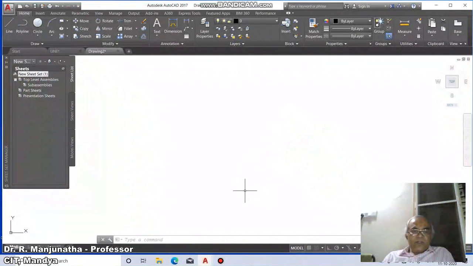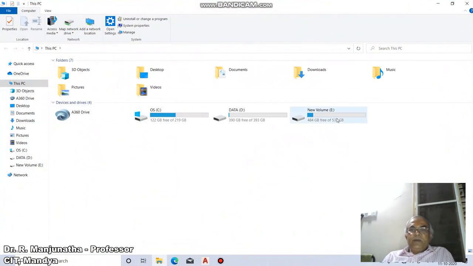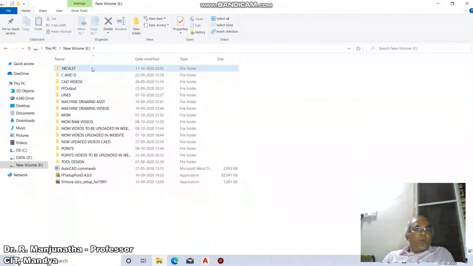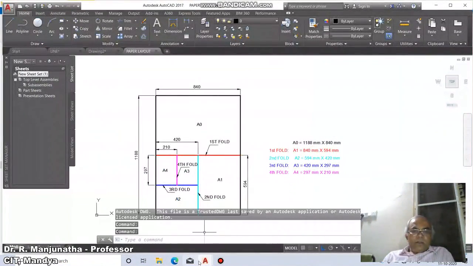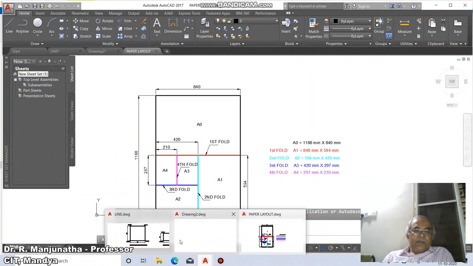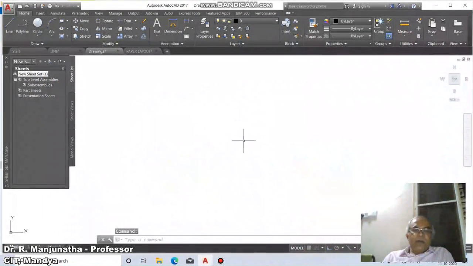Before actually starting with the drawing, when you are doing it manually, we go for the sheet sizes.